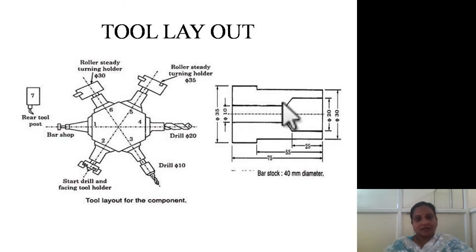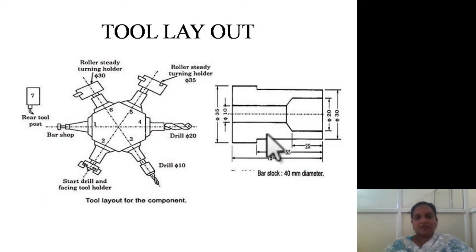For example, if you take this example, initially we have to make a drilling operation here with a diameter of 10, and next, after making this drilling operation, we have to make a larger drill of diameter 20, and after making this operation, then we have to go for turning over this. You will make a lengthy turning, first a rough turning, and over that we'll make some finished turning and get this diameter of 30. Okay, and if you have some excess length over this side, then we cut it off. This is called parting. It means cutting off is called parting.